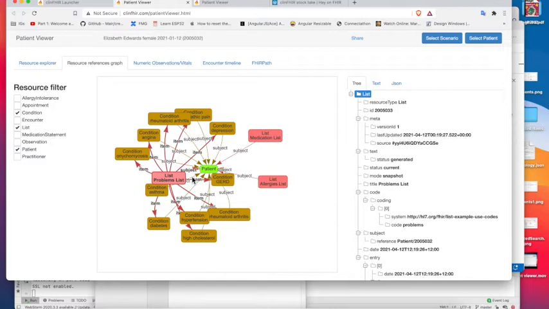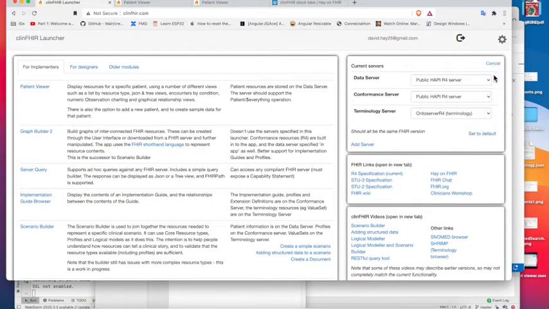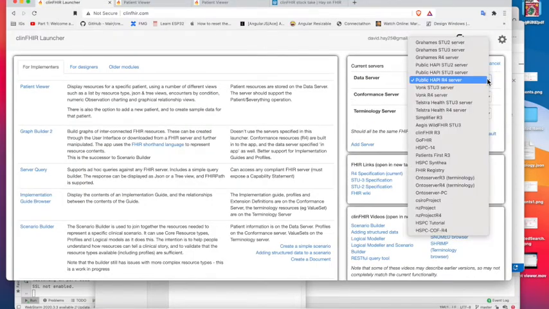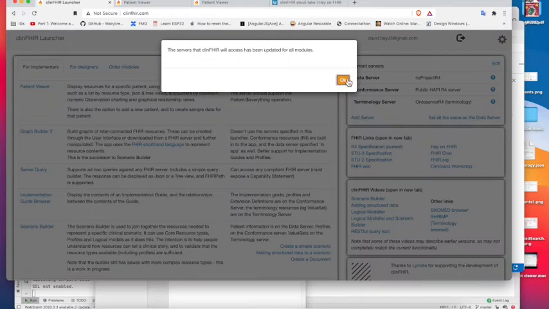Just finally, a reminder that if you want to look at another server, we can go back to the launcher. We can edit this server list. We can change the name of the servers. I'm going to select NZ Project and save that. Now if I go into the